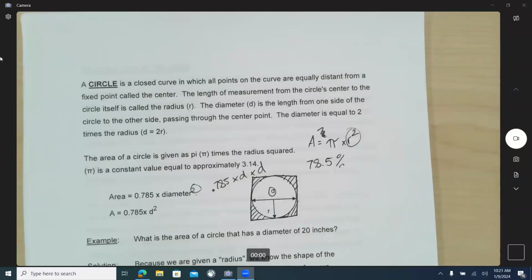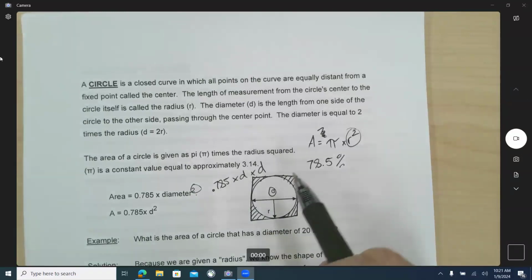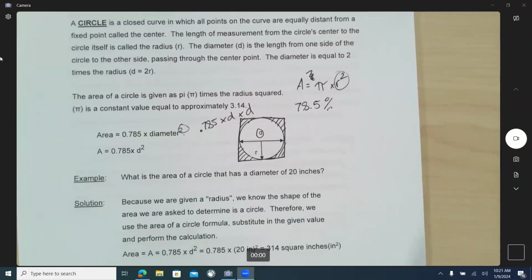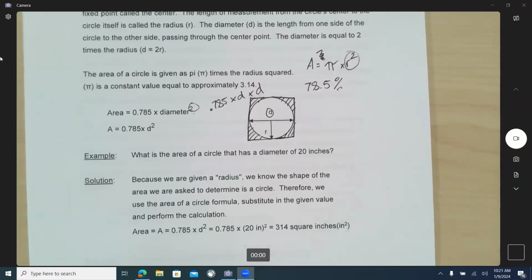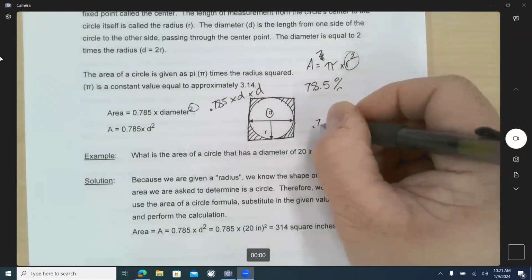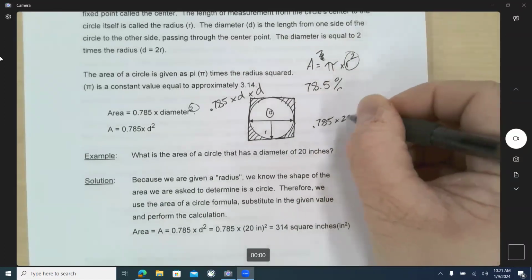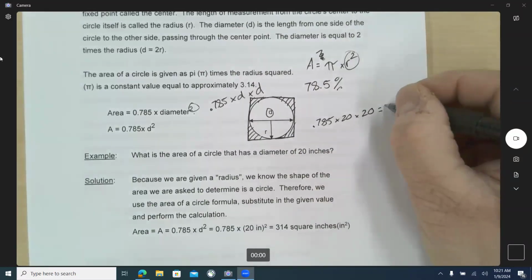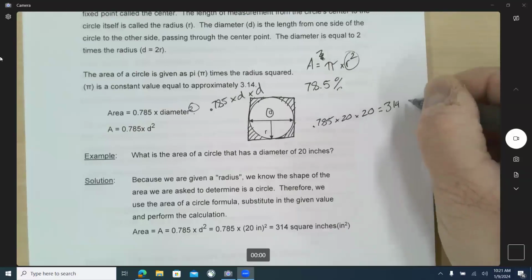There is a mathematical way of solving for 0.785. I didn't put that in here, but there is a mathematical way. If you want to see it, I can send it to you in an email. All right, so this question is saying, what is the area of a circle that has a diameter of 20 inches? Well, the diameter of 20 inches means that 0.785 times 20 times 20, when I do that, gives me 314